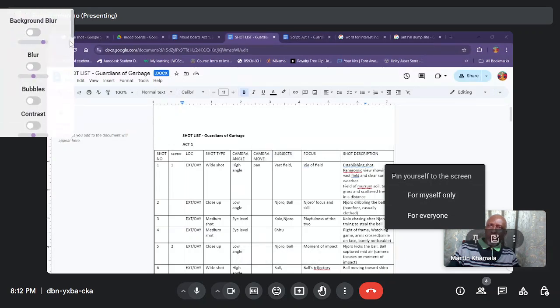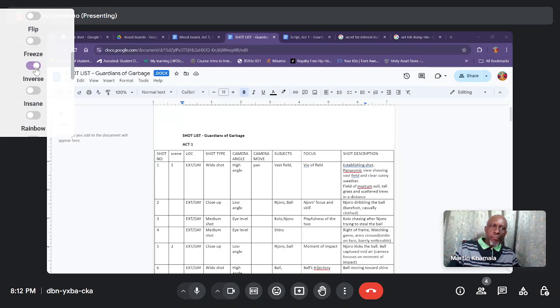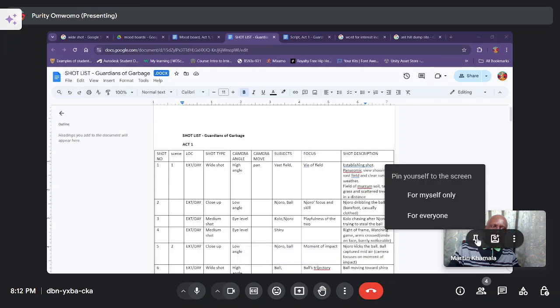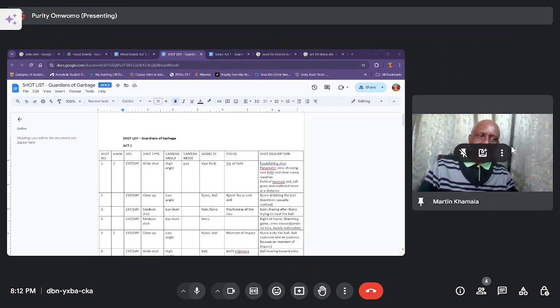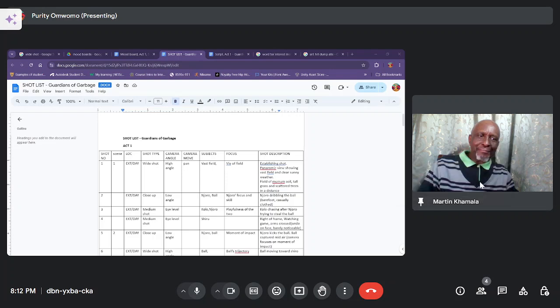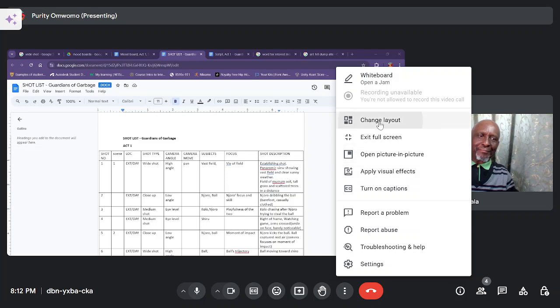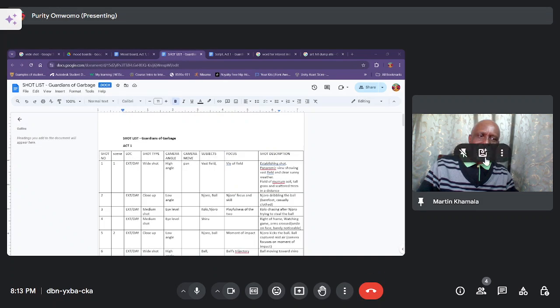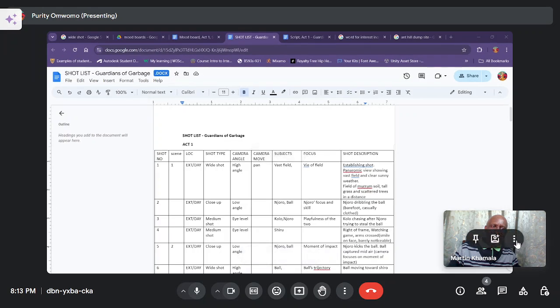So this is the short list I worked on for Act 1. But as today was thumbnailing, I started seeing that some things weren't going well. When you start actually visualizing how the sequences are going, I started noticing that some of the descriptions and the shots that I had put in weren't melting into each other how you'd expect them to. So I did some changes in the thumbnails, but not on the script or the shortlist yet.